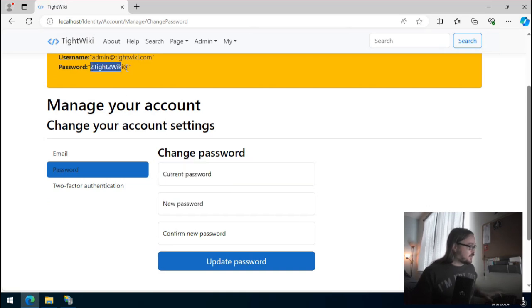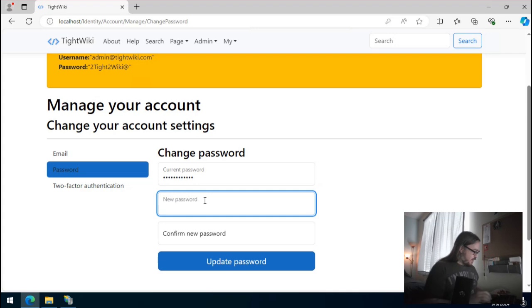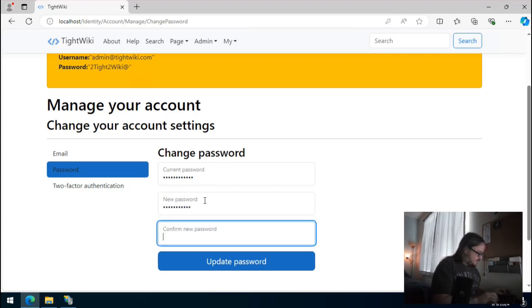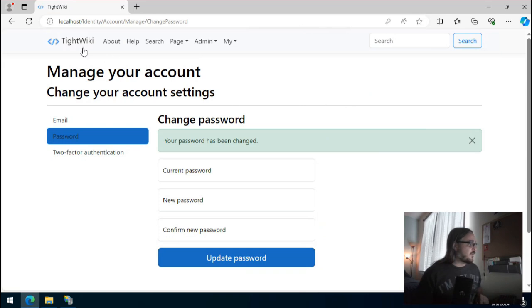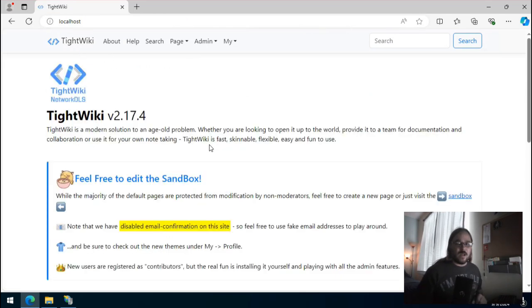Paste in the same password you had earlier, this one that's mentioned at the top. Put in your new password, and hit Update Password. The ugly nag screen on the top should go away,